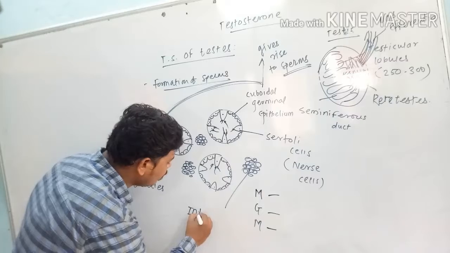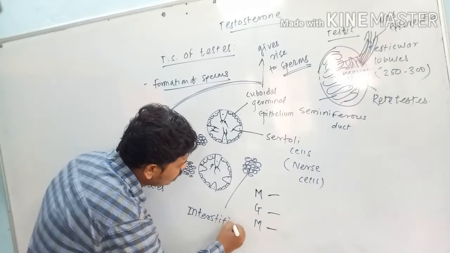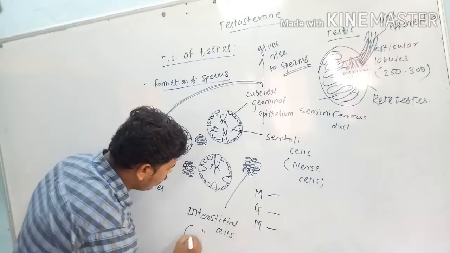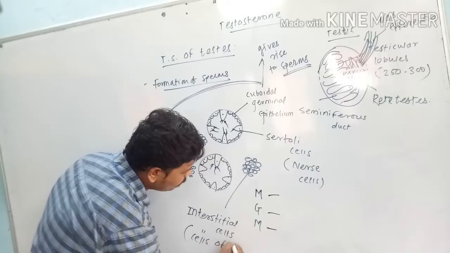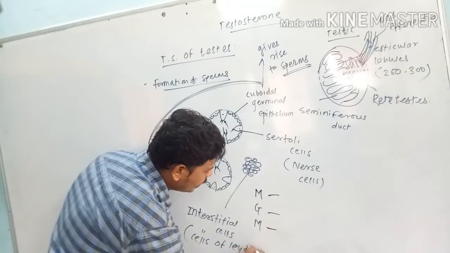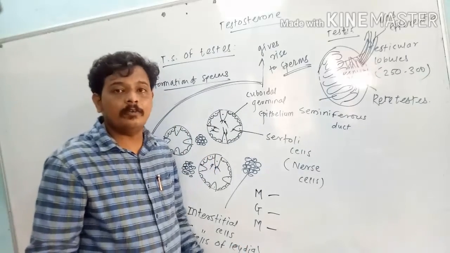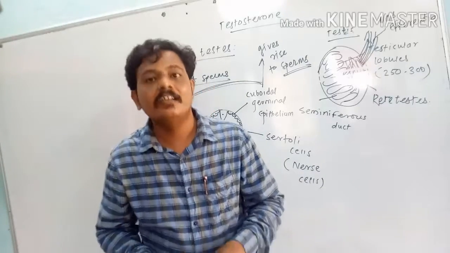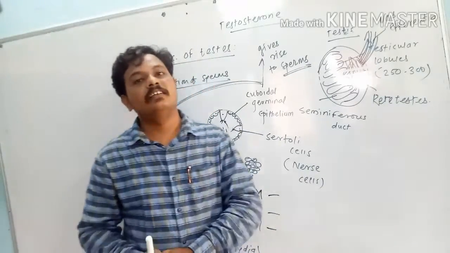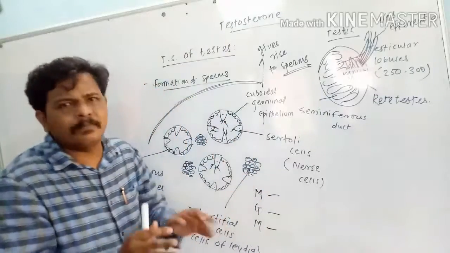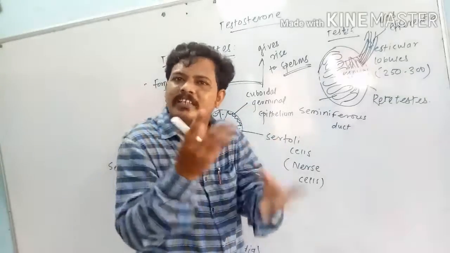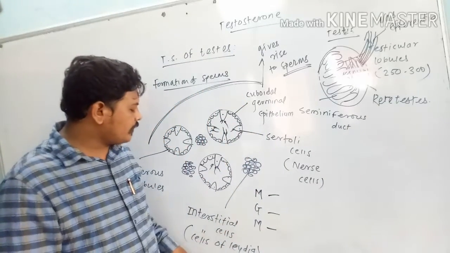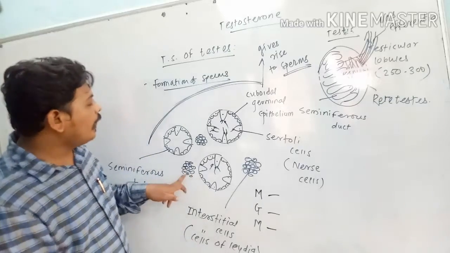What is it? Interstitial cells are also called cells of Leydig, not ladies, cells of Leydig. एंड्रिको लेडिक नाम का एक साइंटिस्ट था जिसने पहली बार ये सेल्स बताए और उनको खुद का नाम दे दिया। इधर बायोलॉजी में ऐसा ही, किसी ने कुछ बता दिया वो उसका खुद का नाम दे देता है। Okay, interstitial cells also called cells of Leydig, and these cells,